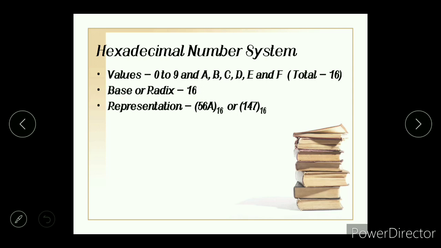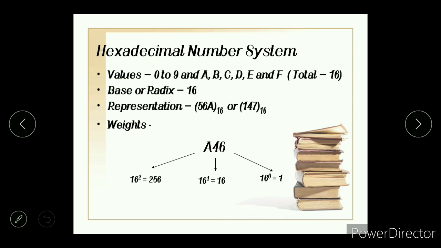Let us write down its weight. The weights of hexadecimal number system again use the same method. Starting from right, I'll write first weight of 6. So the weight of 6 will be 16 raised to 0, which is equal to 1. Weight of 4 will be 16 raised to 1, which is equal to 16. And weight of A will be 16 square, which is equal to 256. Correct? If I add one more number to the left, then I'll have the weight as 16 cube.